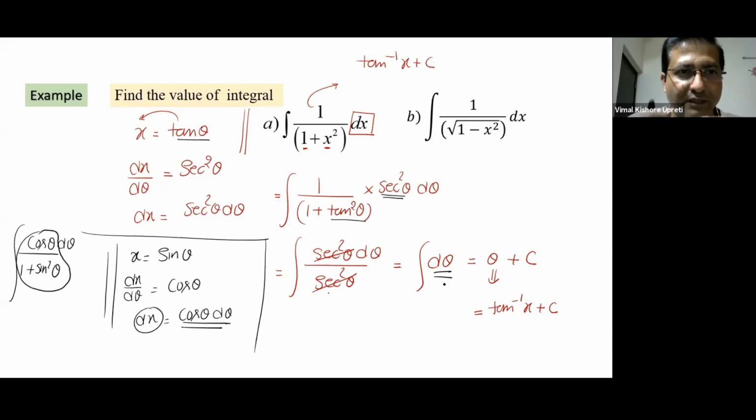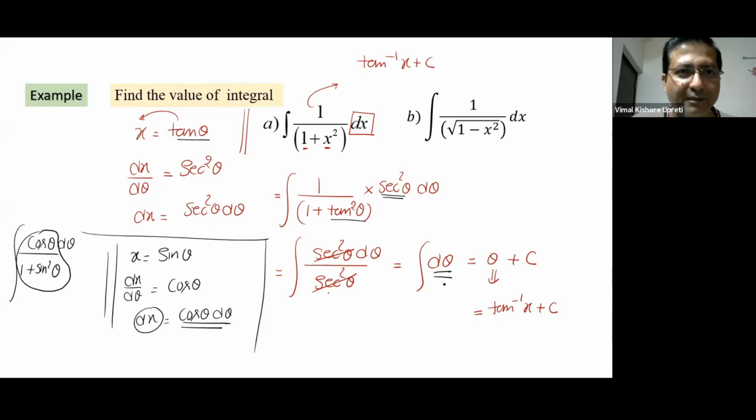Yes, sir. You have to see in what format the answer is given. According to the format, you will decide what to do. But right now, we are not talking about that, though you can get a different format. I am telling you how to integrate a little complicated function using the substitution method. From next time onwards, when you see 1 upon x square, immediately one thing will come to your mind: that if we assume x is tan theta, we can easily simplify it.